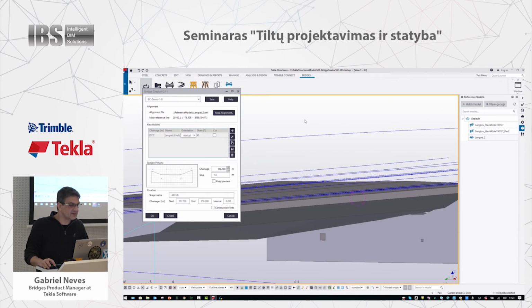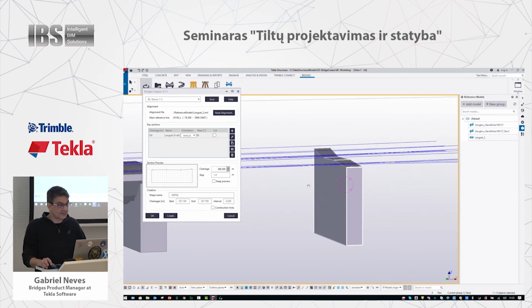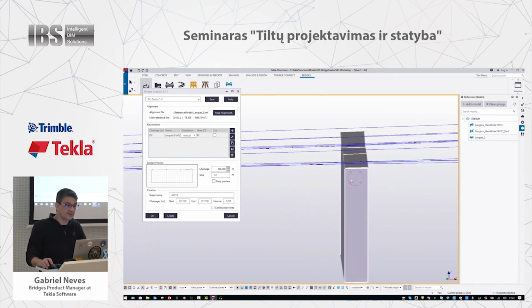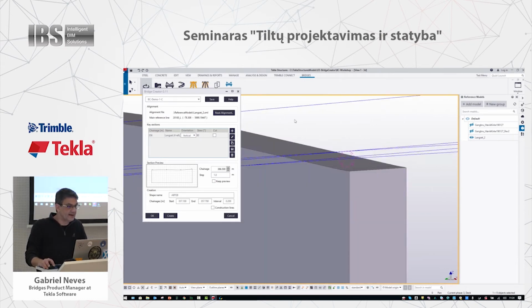So now I can load the other one, that is going to be in a wrong chainage again, but it doesn't matter, it's just for you to see that it's a simple object. For us to model this, we need to be very careful here because the top of the back of the abutment needs to follow that parallel line. And then the wing walls there, so